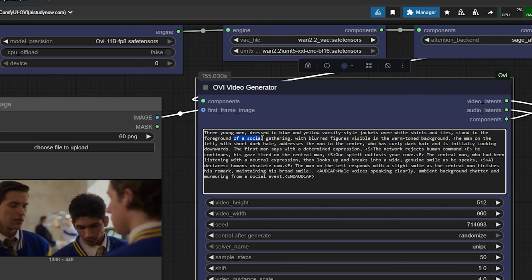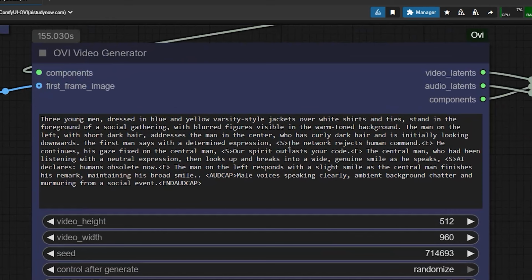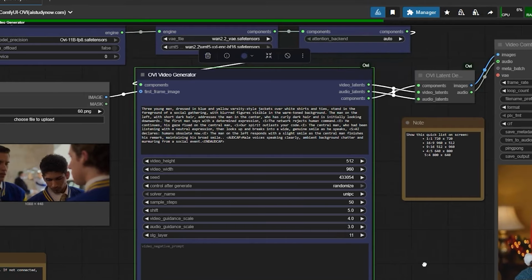So I write this prompt. Three young men wearing blue and yellow varsity jackets stand together at a social gathering. Then I add sound: "The network rejects human command," and more dialogue lines for each person. So first says, "Our spirit outlasts your code." "AI declares human obsolete now." So these are the two dialogues which I have added for each person, and each sound is linked to the right person. Now I hit generate,